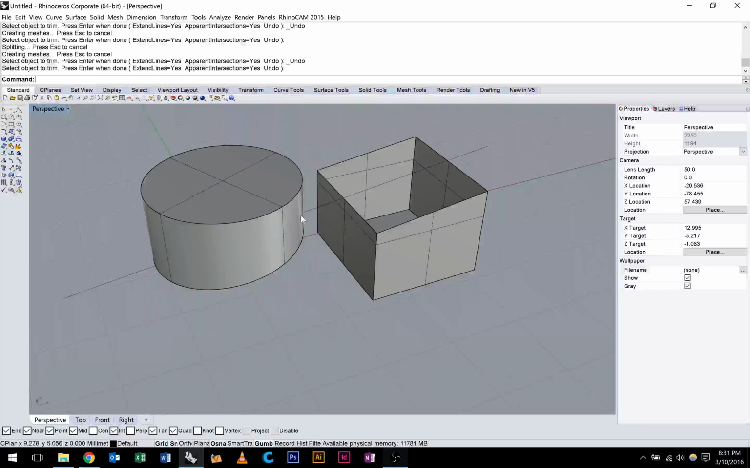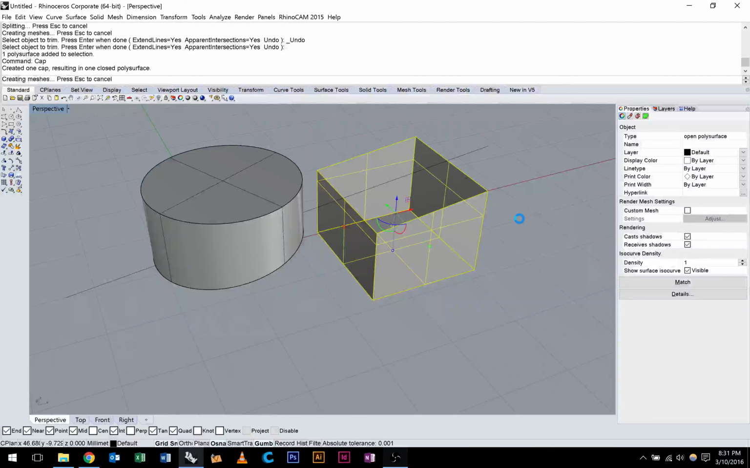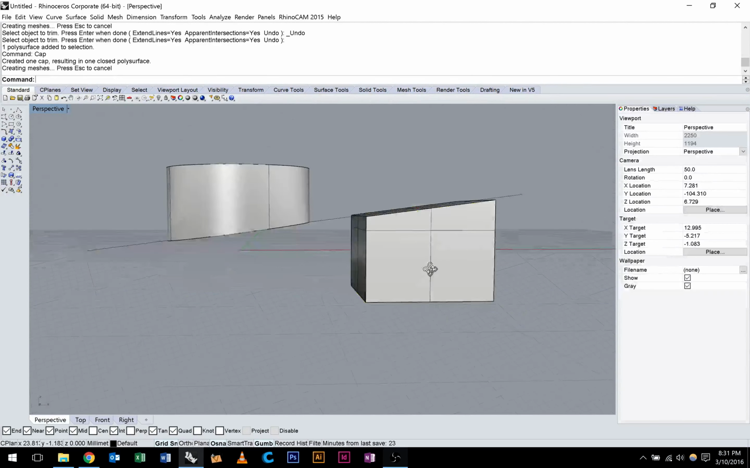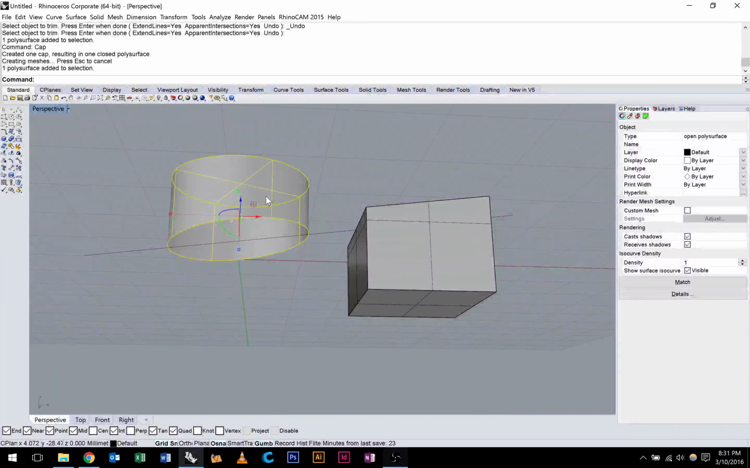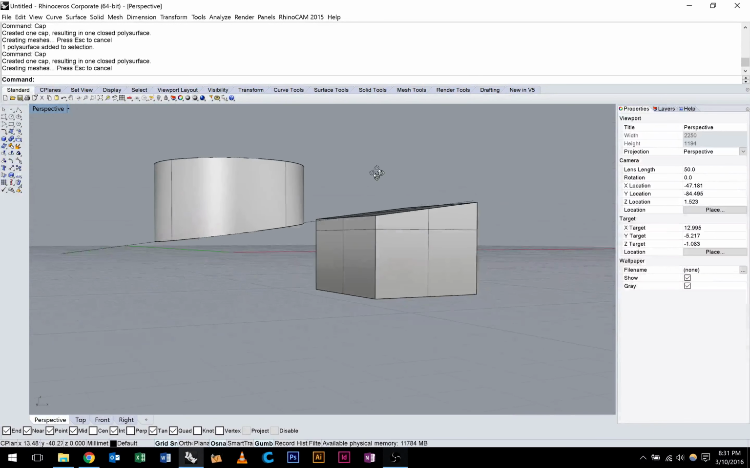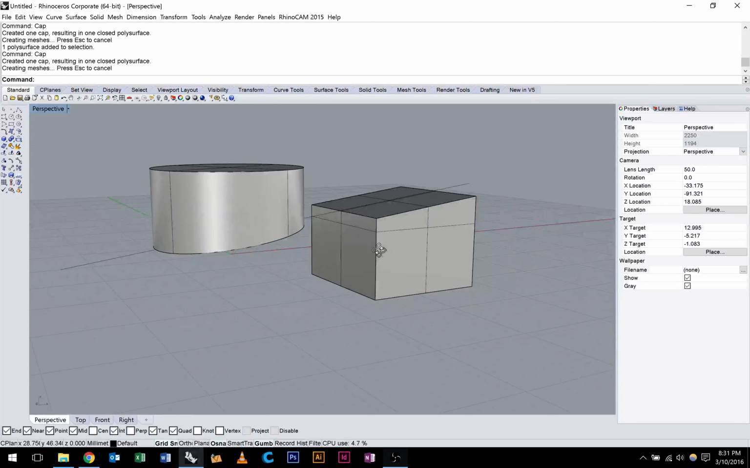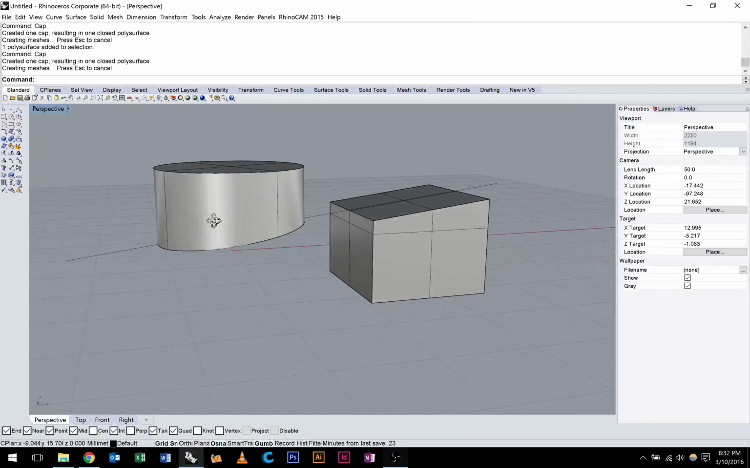And there's a quick way to get these surfaces filled back in. So if we just select our object and hit cap, Rhino will automatically fill that blank surface in. This command will only work if there's a solid connected surfaces around the open surface, so I'll show you that a little bit later on. I'm going to go ahead and undo that